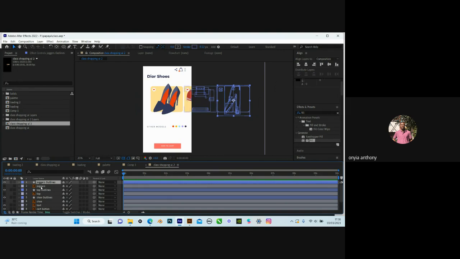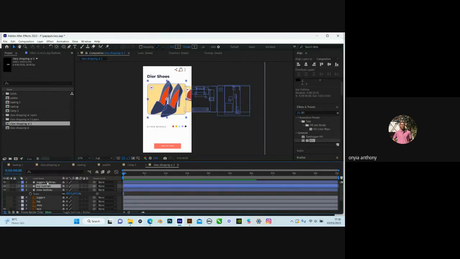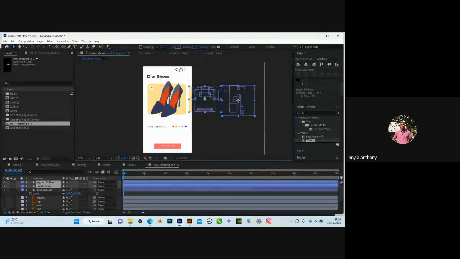So we've gotten the outlines for the joggers, the top, and the shoe. So we can move those up. Select the shoe, scale it up a bit to indicate that it's at the center of the screen. You can select these two and move them to the side a little, not so much off screen. If you have any questions as to what I've done up until this point, you can also tell me. So you can go 10 frames in front,